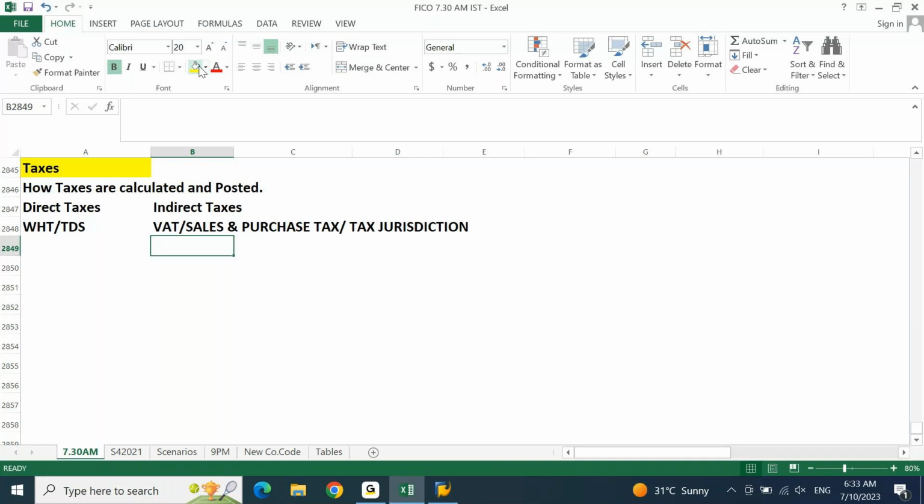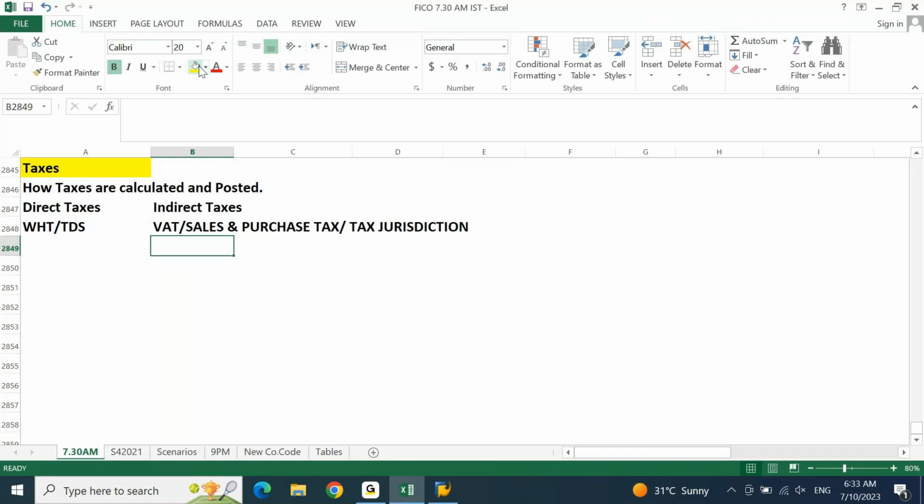On what basis is the system calculating a tax? For this we need to understand the tax procedure, from where the taxes are getting calculated, and how the system is deriving the GL account for posting the tax. For this, we need to understand condition type, access sequence, tax codes, and then the GL account determination. Once we understand these basic points, it will be easy for us to get a fair understanding about